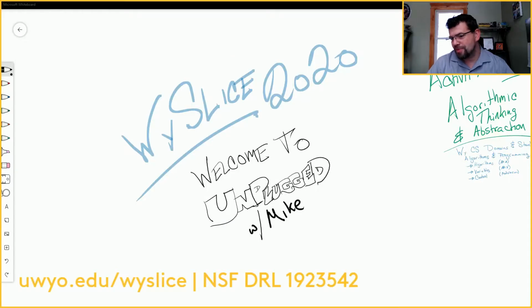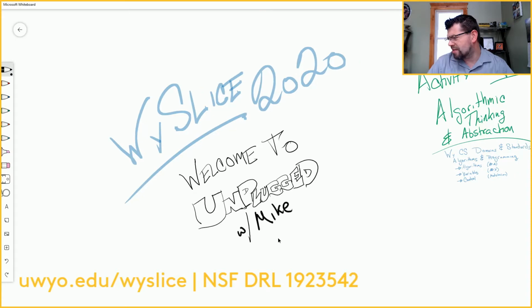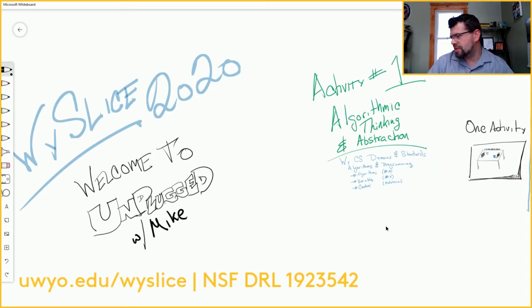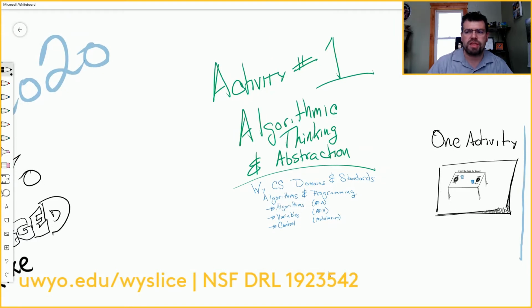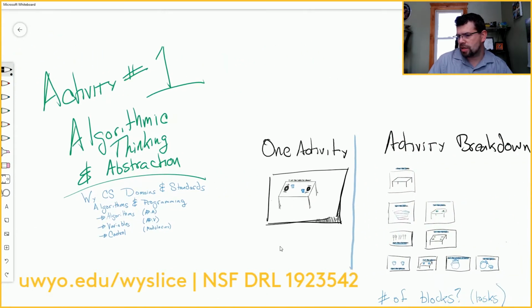All right, so our very first topic is actually going to cover algorithmic thinking and abstraction. It focuses on the Wyoming computer science domain of algorithms and programming, something that you would probably first try to do using some type of plugged mechanism, but I want to show you that that's not necessarily required. So let's take a look at